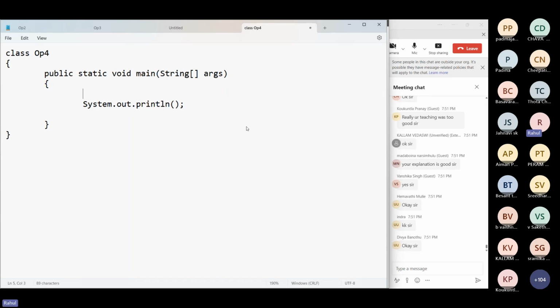So here, I will say int A is equals to 52. This is basically your assignment operator. And if I try to print,